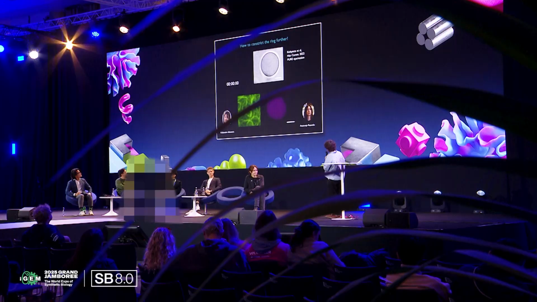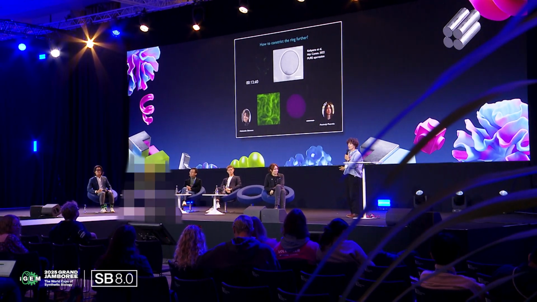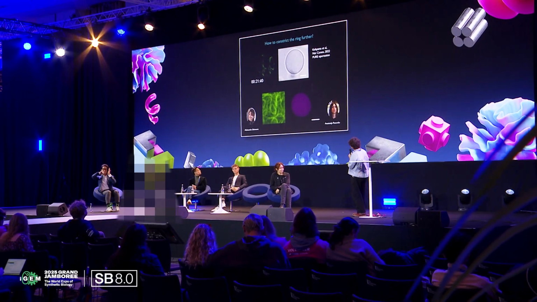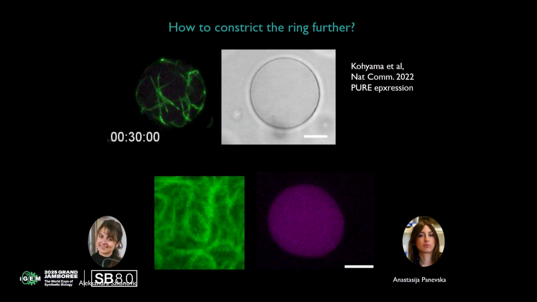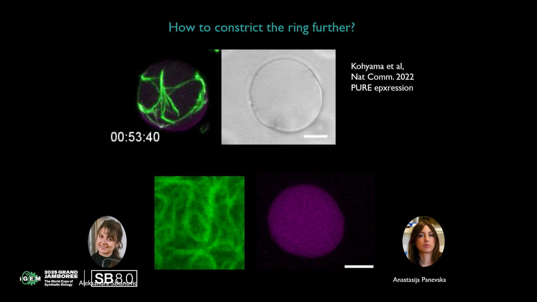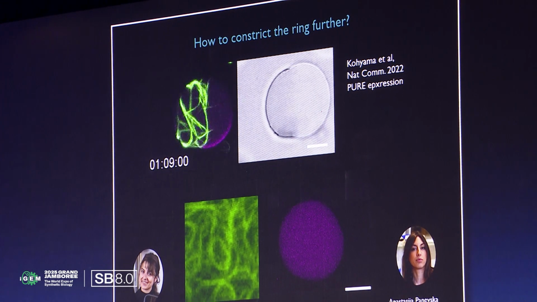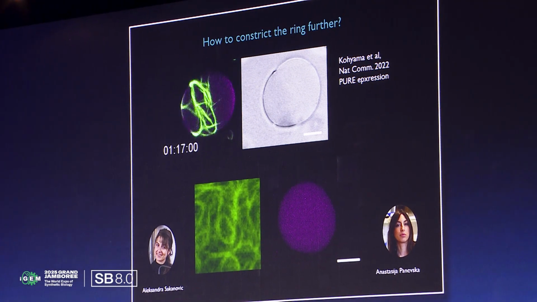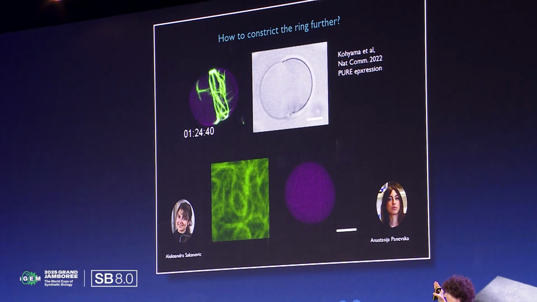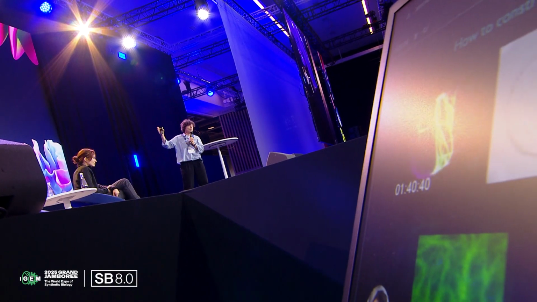Now, does that ring also constrict? That's a little bit tougher, because apparently constricting membranes is not quite as easy for FtsZ as it is for actomyosin, because FtsZ does not have a motor protein. Nevertheless, if we express our FtsZ and our Min proteins in vitro in our vesicles, you can see in this movie very beautifully that over time, the FtsZ is not only pushed to the middle, but also starting to constrict away from the spherical state.